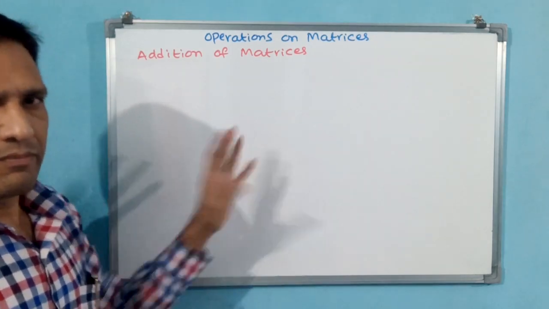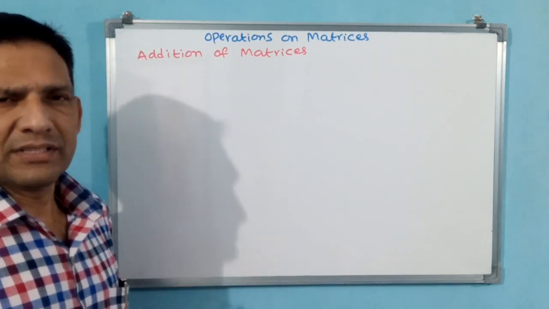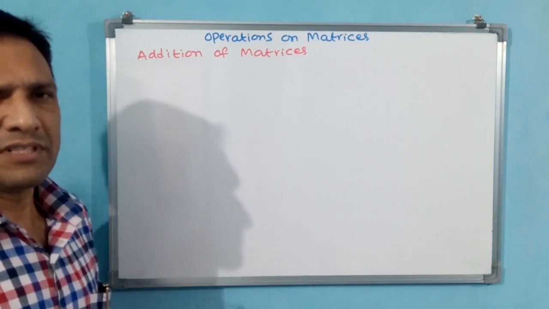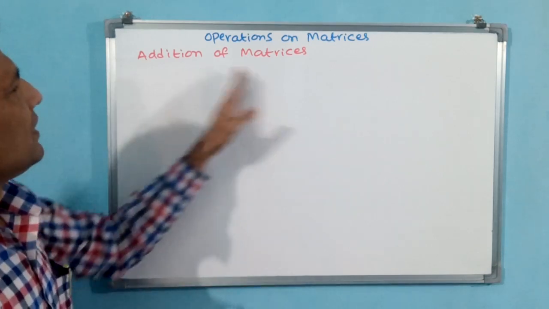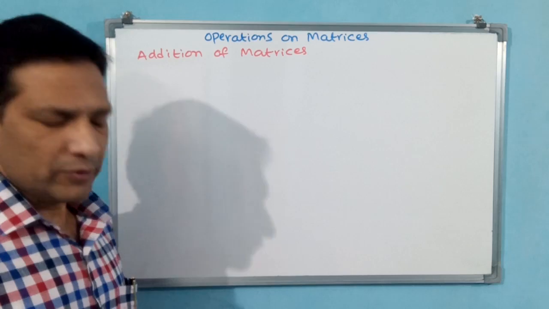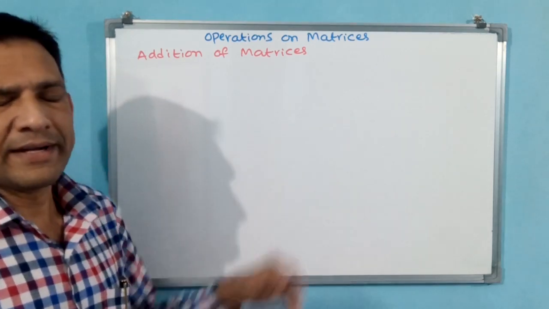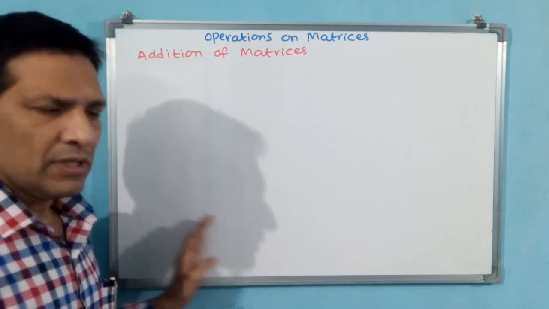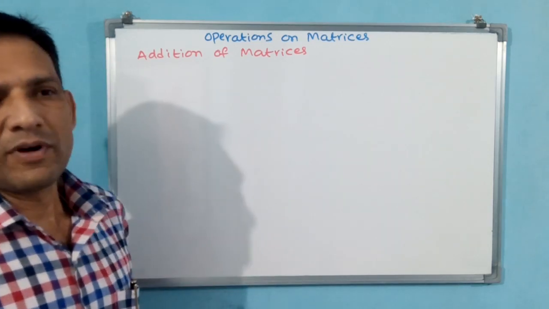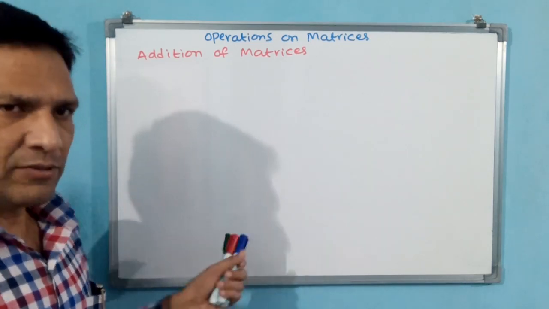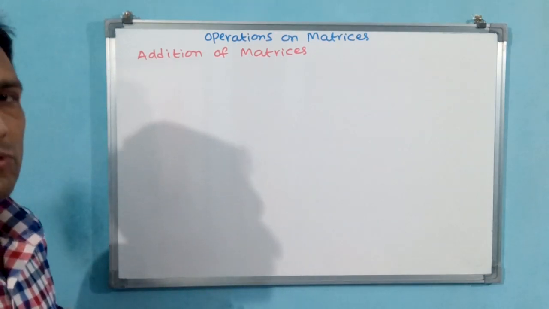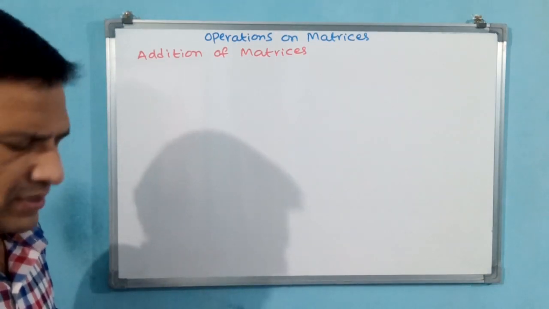That means mathematical operations. So we know addition, subtraction, division and all, these are operations. Addition of matrices. Complex numbers also we have seen, how to add complex numbers, how to take the difference of complex numbers, and multiplication also. Like that only here also some special rules have to be seen.